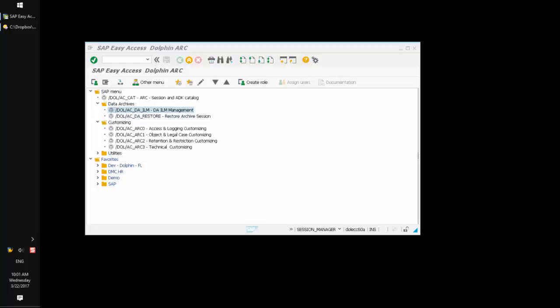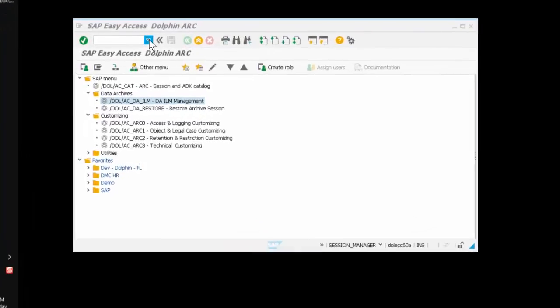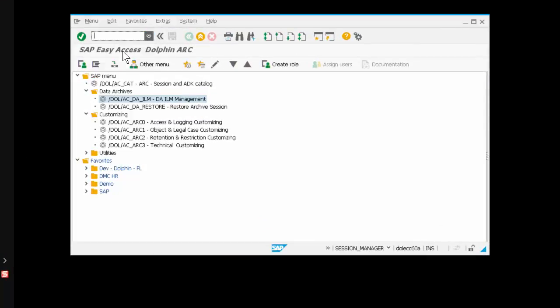This is part one of the archive retention cockpit demo. The first thing we will do is identify some documents and archive them, and these then become subject to retention control. So first we will identify documents, like in this case in the